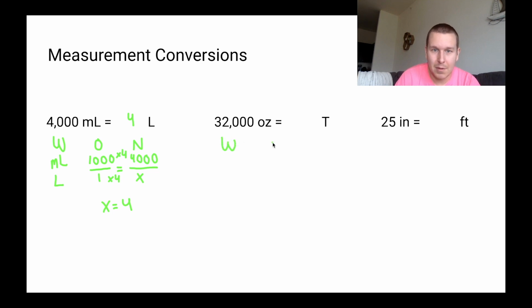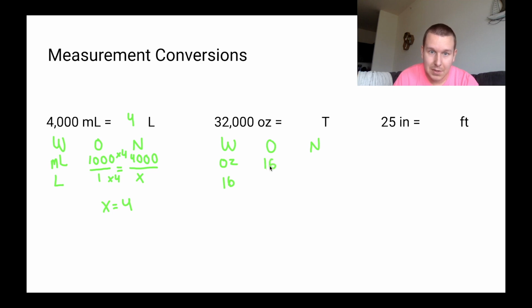So W, O, N. All right, we're going from ounces, but instead of going straight to tons, I'm going to go to the measurement that I have on my star chart, which is pounds. So we're going to go from ounces to pounds, okay? So first thing I need to do is use my original, all right? I'm going to go